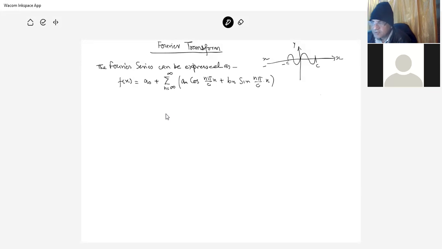This one is the Fourier series. And the coefficients are a0, an, bn,